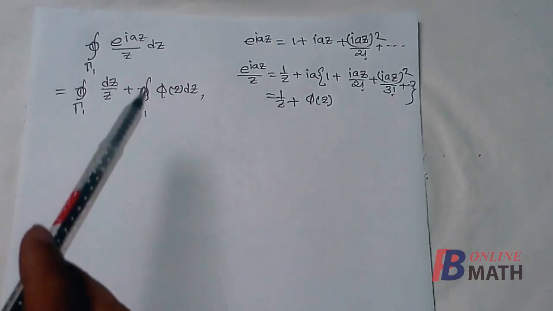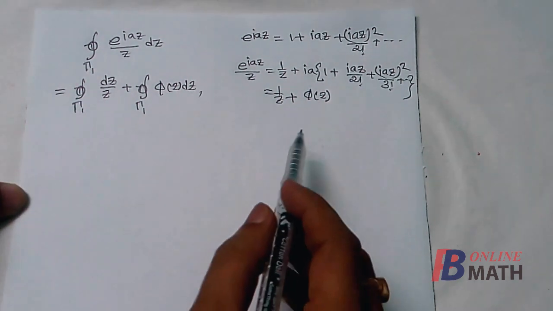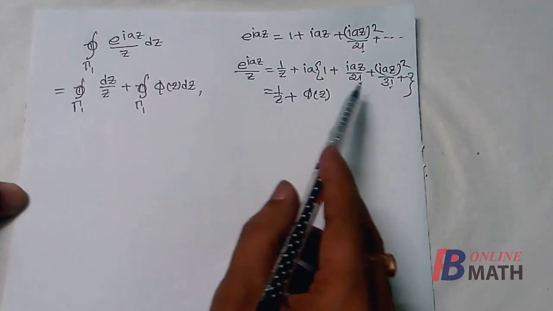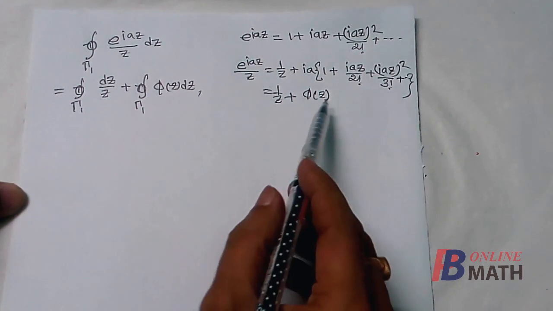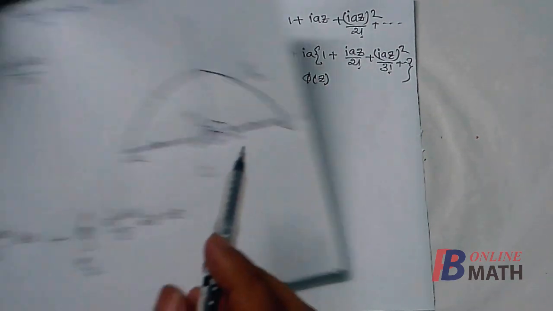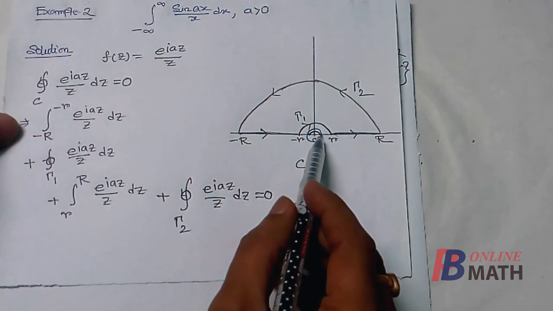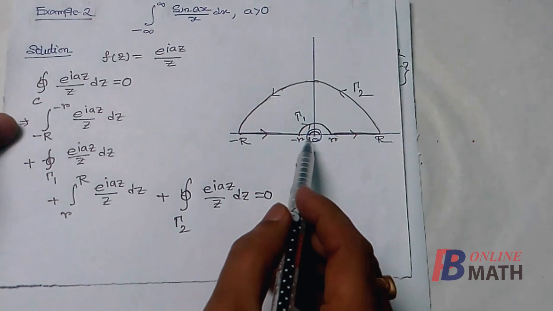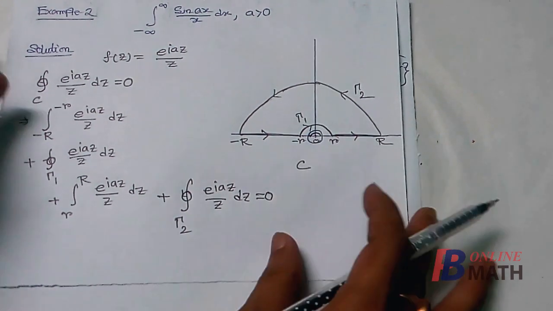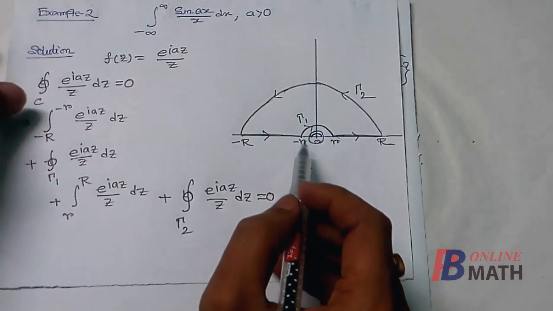We first break the integral into two parts. Now we first compute this integral. If we look carefully, we shall find that phi z contains only the positive powers of z. So phi z is analytic at z tends to 0. So if phi z is analytic at z tends to 0, then we shall find a neighborhood of 0 such that the function phi z is bounded within this neighborhood. So suppose this is the neighborhood we have found where the function phi z is bounded.